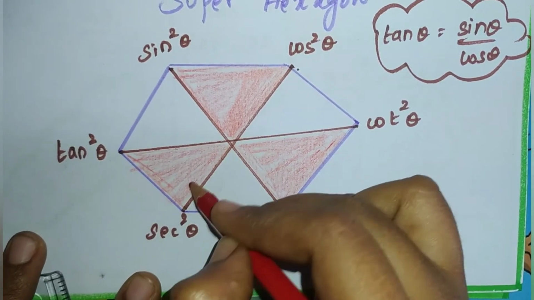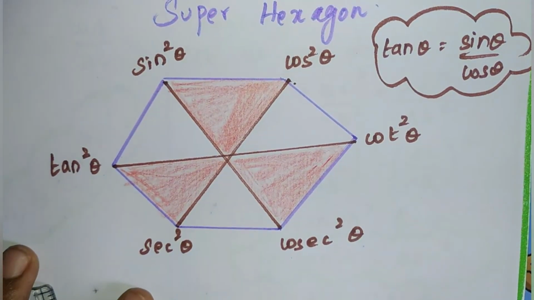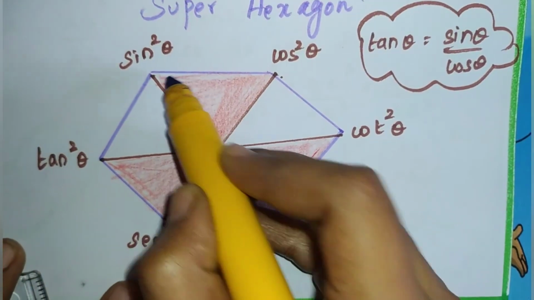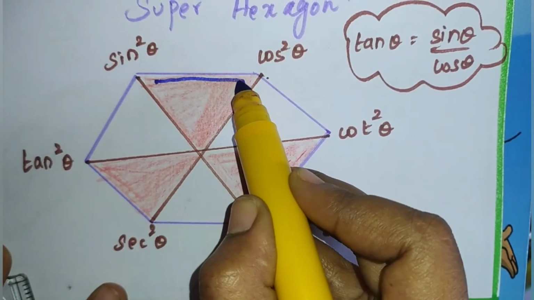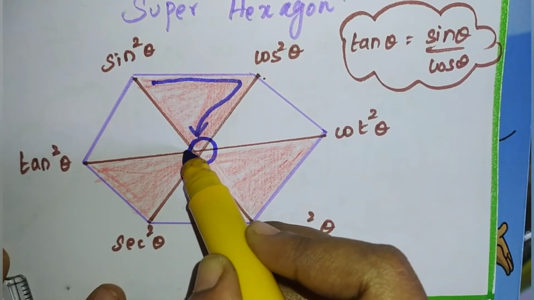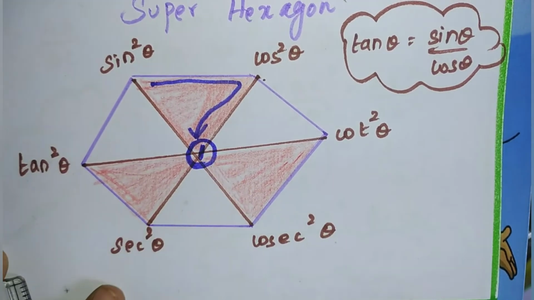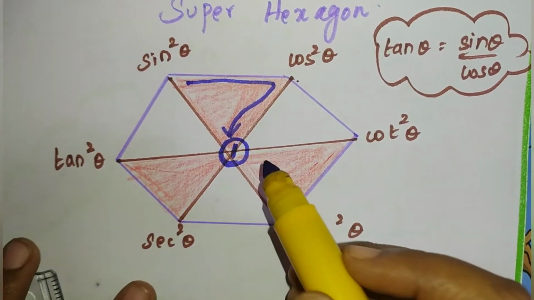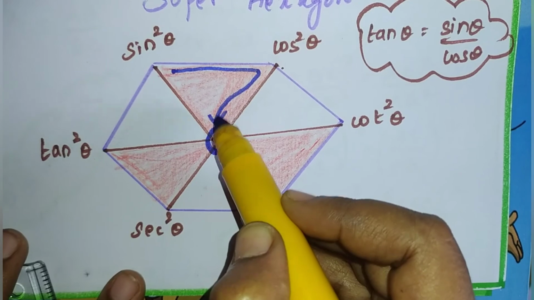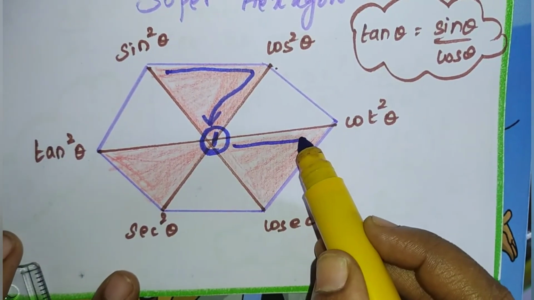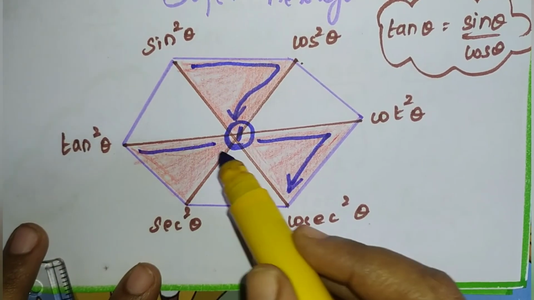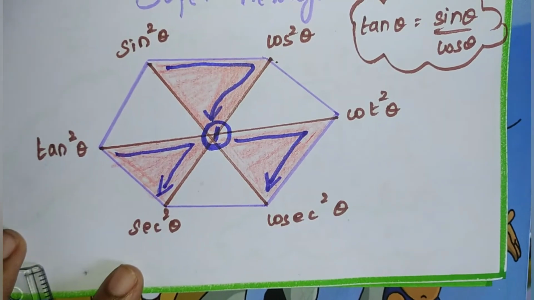Okay. And then I'm going to draw one arrow mark, that is like this. Start from here, going to cos and end with here. This middle has to represent 1. Clear? And another arrow mark I'm going to draw here like this. Okay, 7. Clear? And then here the same arrow mark. Okay, clear?